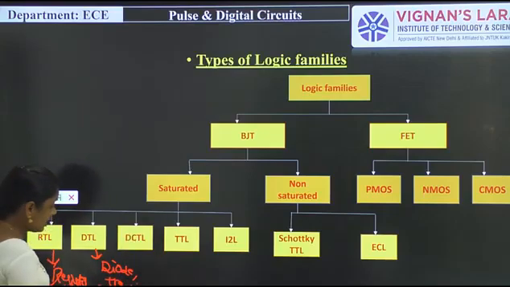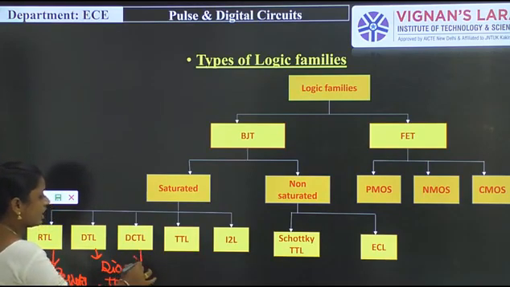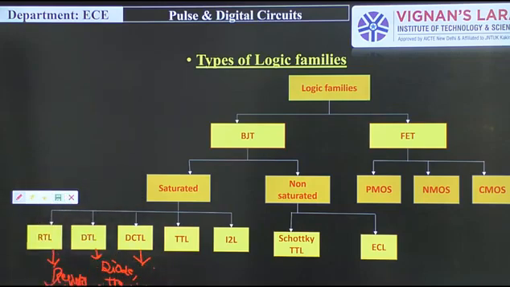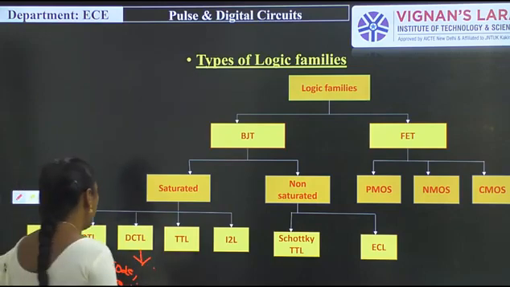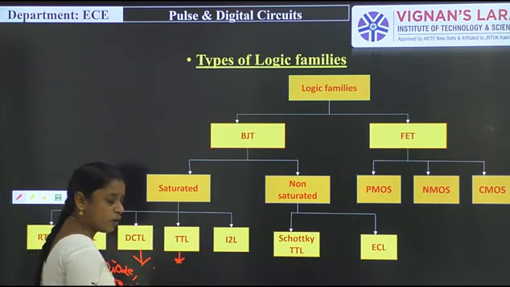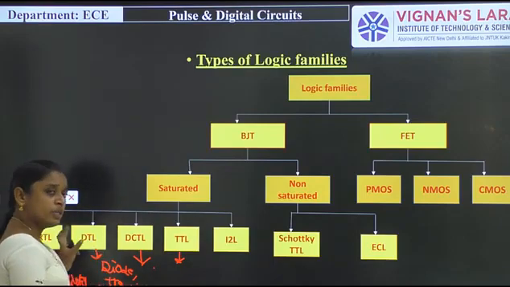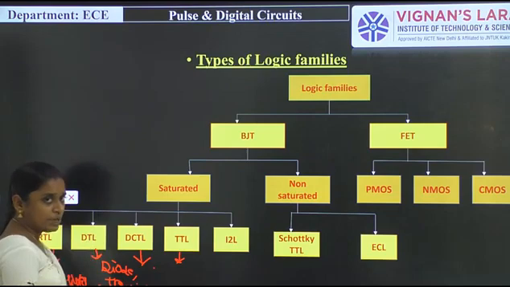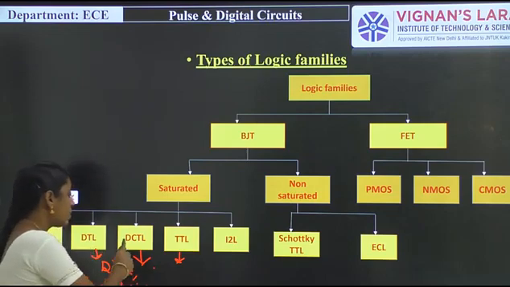So the next one is DCTL, that is direct coupled transistor logic, and the next one is TTL logic, that is transistor-transistor logic. So in the RTL logic we use a resistor as well as a transistor, and in the DTL logic we use a diode and transistor, and in DCTL we use direct coupled transistor logic, that is here we use the